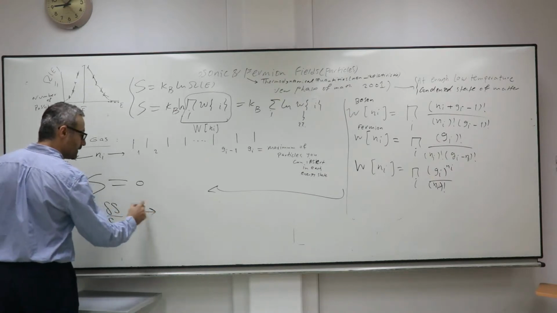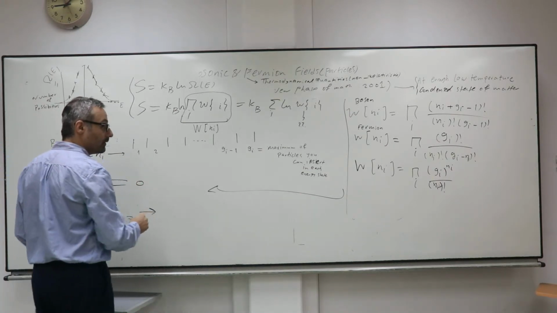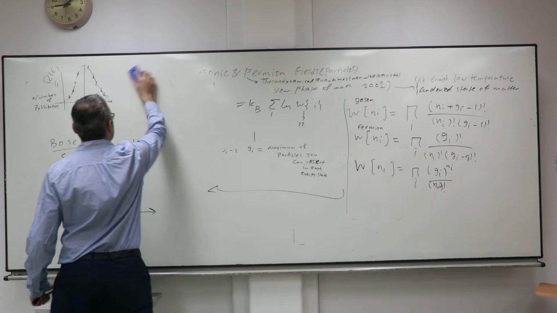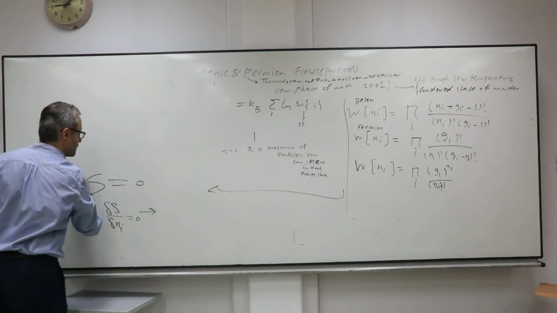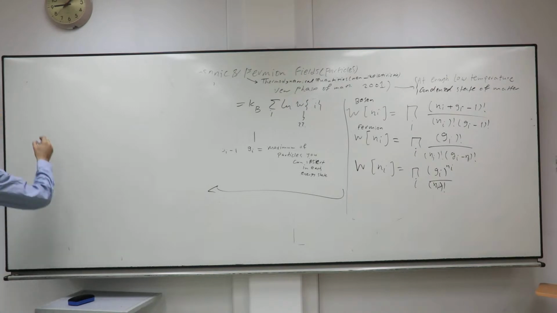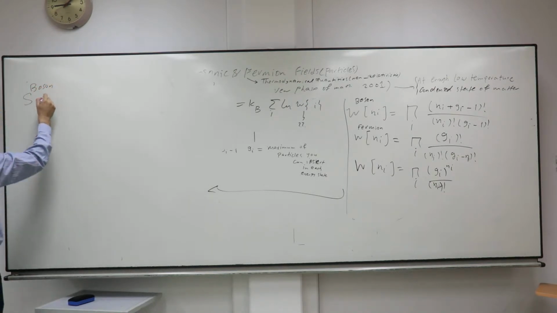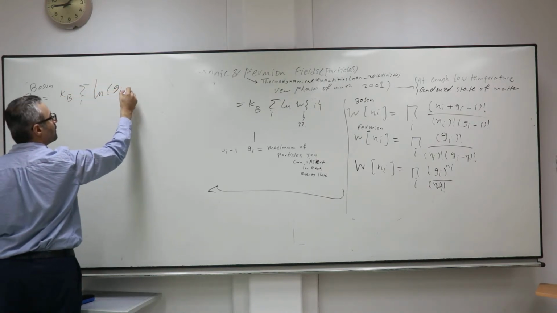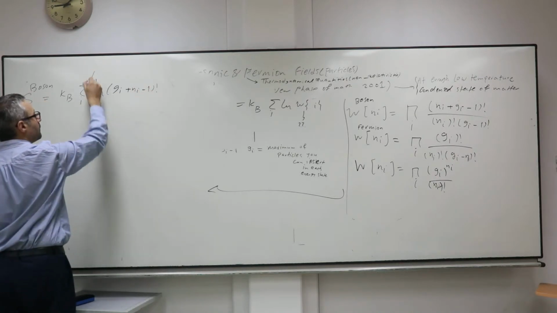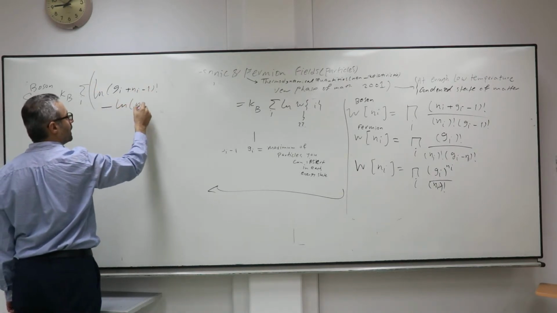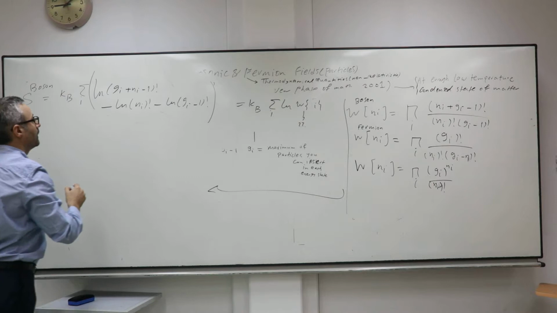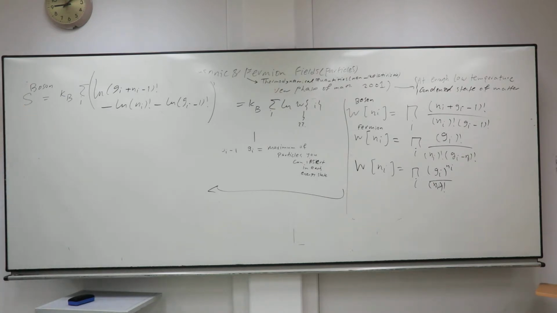So what you will do is take the logarithm of this, for example, for the boson, just to see. So I will find the entropy for the boson. Entropy will be sigma over i of ln (gi plus ni minus 1)! minus ln ni! minus ln (gi minus 1)!. For each one, you remember one time I told you that using the Stirling approximation is easy but